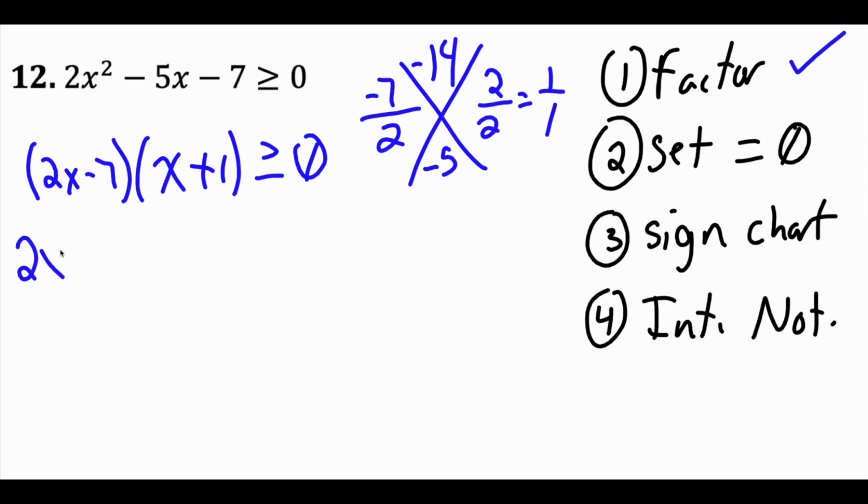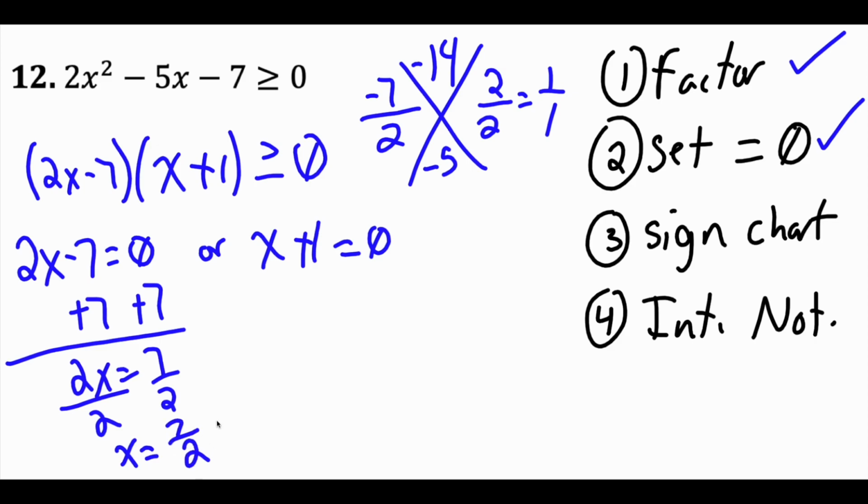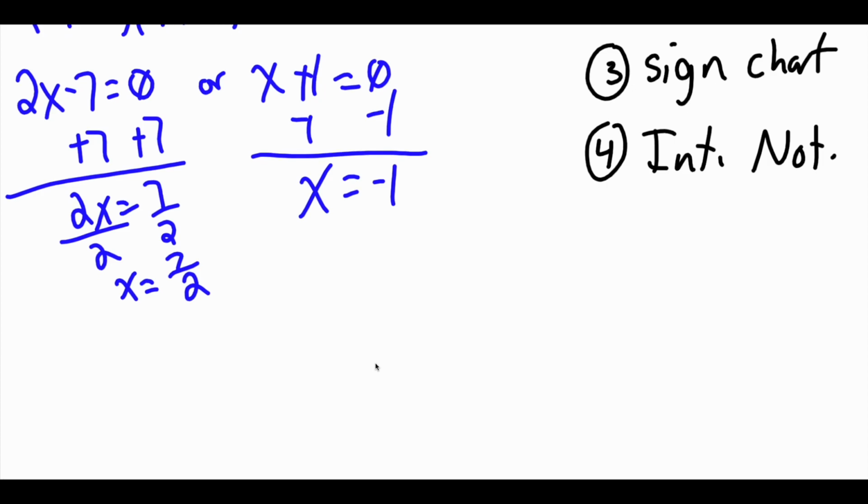Second step, set these equal to 0 to find out where it is 0. That's what I'm doing now, set them equal to 0. So 2x equals 7. One of my answers, x equals 7 over 2. Over here, subtract 1, x equals negative 1. So that's step 2. Step 3, with my sign chart,